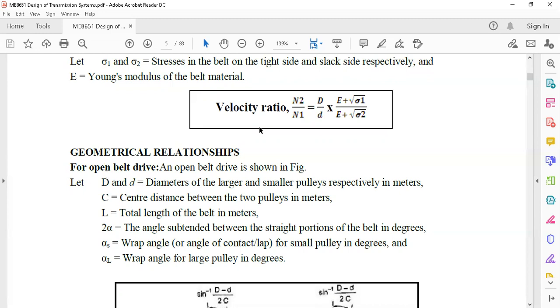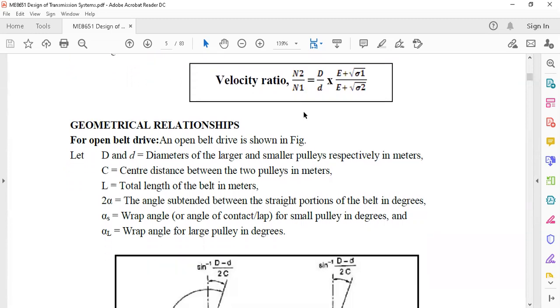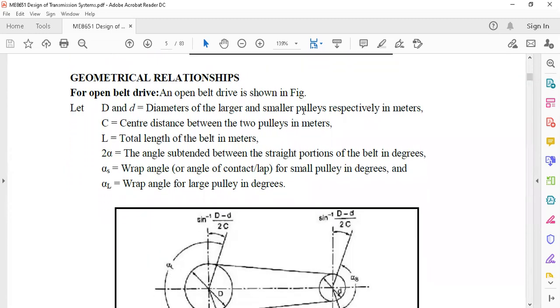That is what we generally know: N2 divided by N1, otherwise we go for N1 divided by N2. When considering the area, we consider the bigger area divided by the smaller area, and otherwise we can go for the smaller one divided by the bigger one. That is the simple concept. We can keep it in mind, and whenever we want to calculate a velocity, it is derived from the speed, and it will be remembered very easily. And what is the general relationship of the belt drives?